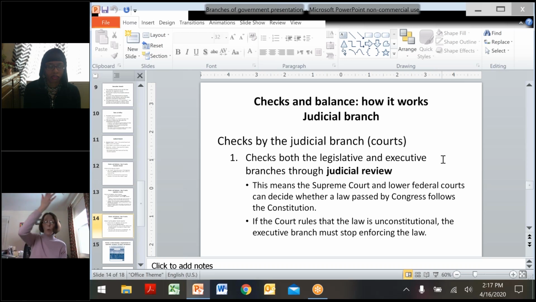A law makes its way up through the courts to the Supreme Court, and they decide whether this law follows the Constitution. And of course, that's their interpretation. If there were other people on the Supreme Court, they might decide a different way. But whoever's on the court decides. And there are nine people on the Supreme Court, and sometimes they're very close. If it's 5-4, then that's how they decide. Then their decision is the law of the land. And it often is 5-4.